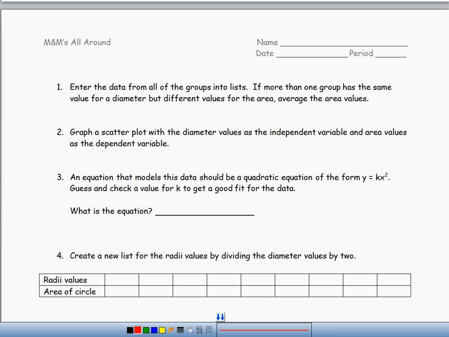Okay, so when you look at this activity, it's a calculator activity, so you need to have your graphing calculator. What we were doing is seeing how many M&Ms made a belt line, the diameter of some various sizes of circles, and then how many filled the circle. And so once we collect that,